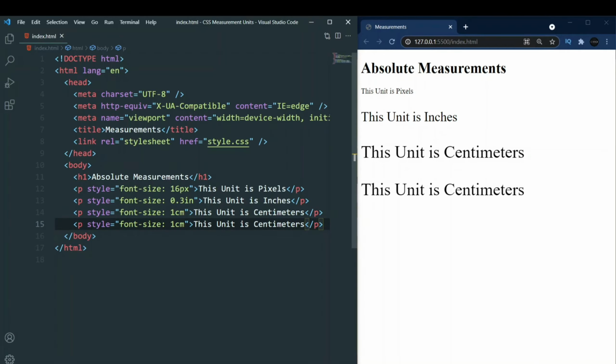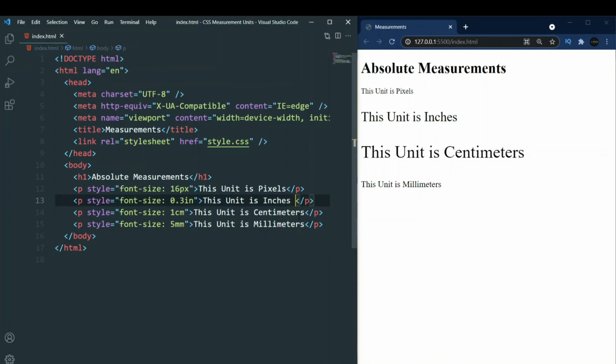And the next one that we have is called millimeters. We already know about millimeters also, and to write millimeters, instead of cm, we use mm. So you can see 1 millimeter is quite small, so we'll just change it to around 5 millimeters, which will be more than 16 pixels, because 1 millimeter is equal to 3.78 pixels.